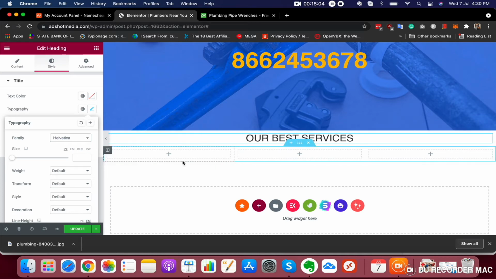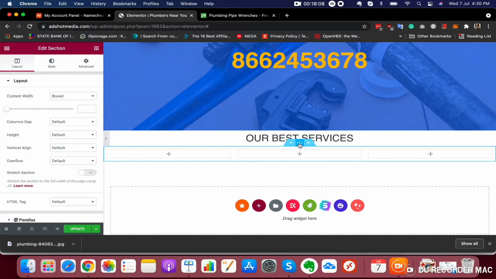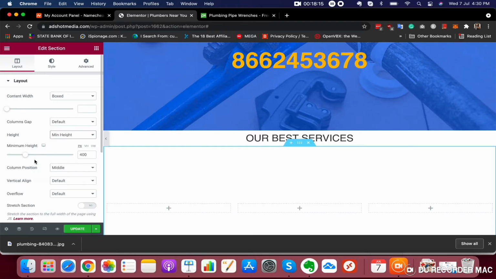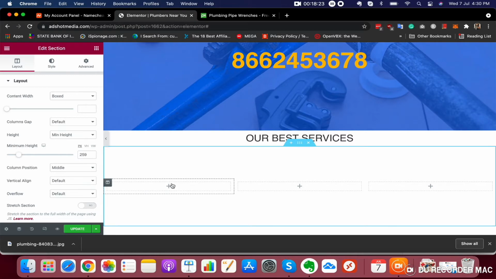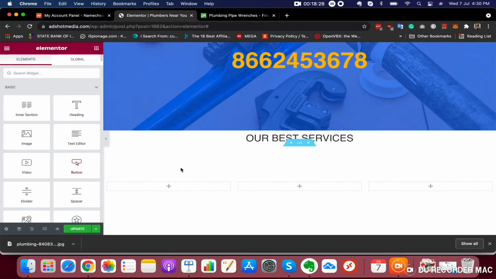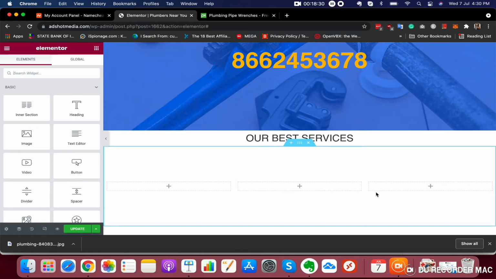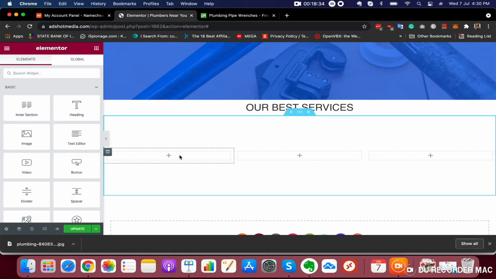All right, now just select this section and create our services section, and go to height, min height, and you can see here we have increased the height of this section. Alright, now what we have to do is we will mention our three best services, what the company is offering. So we can put like